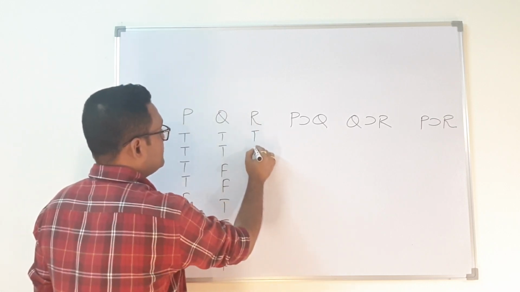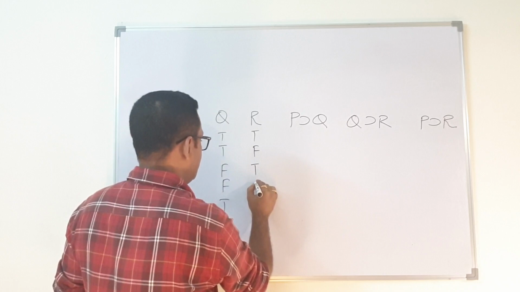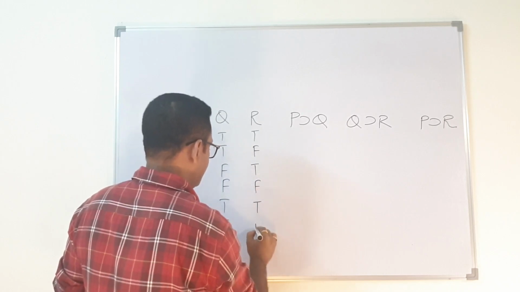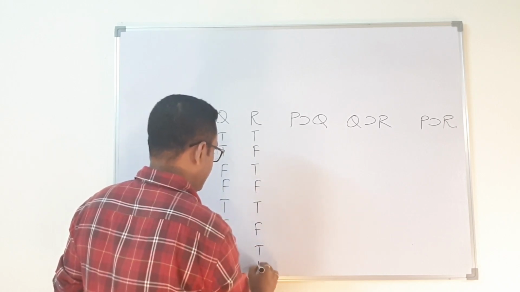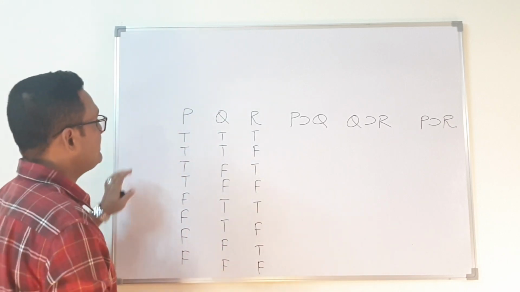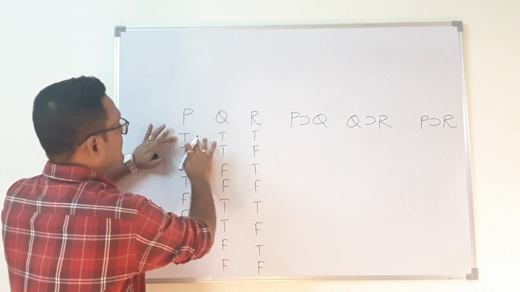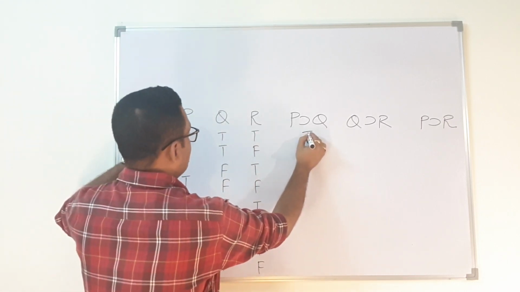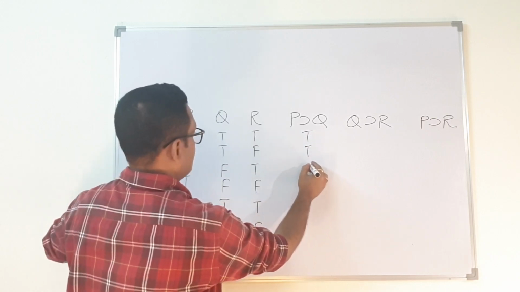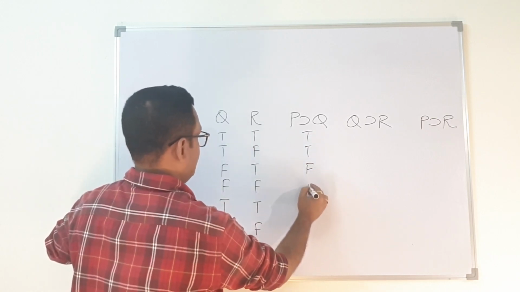Then this will be true, false, true, false, true, false, true, and false, right? So P implies Q, this and this: true, true, false, false,